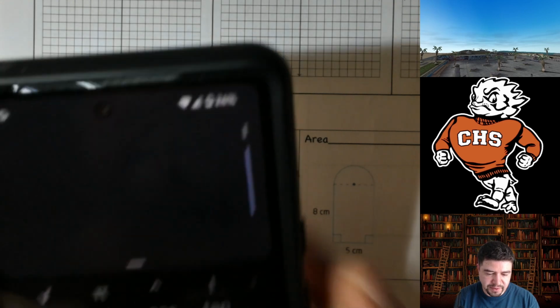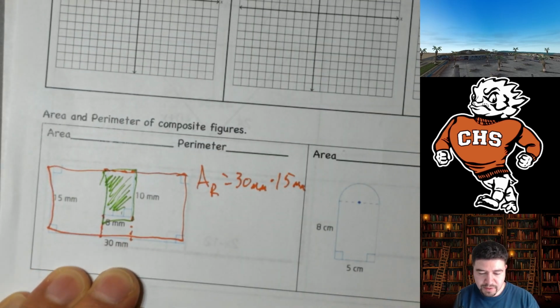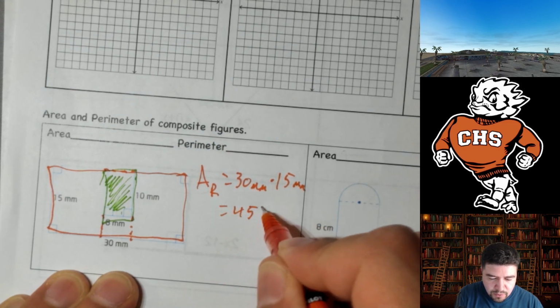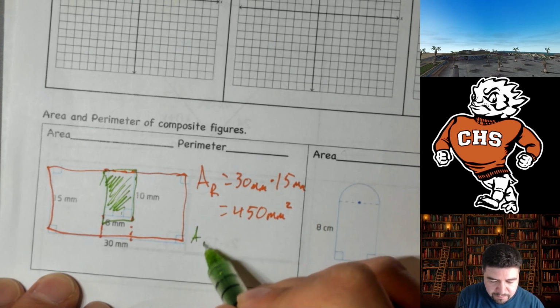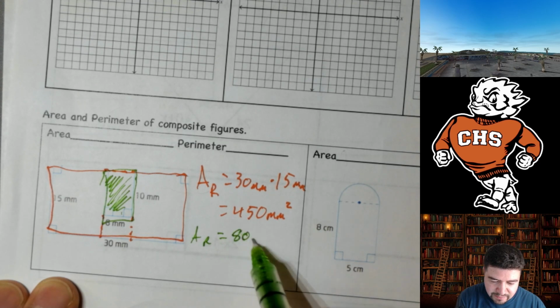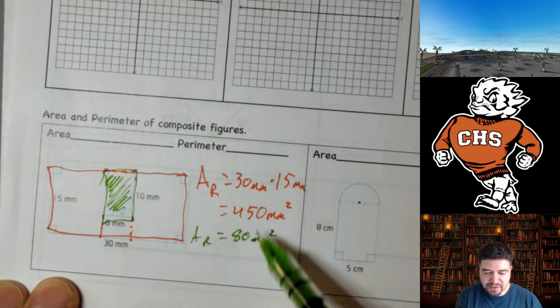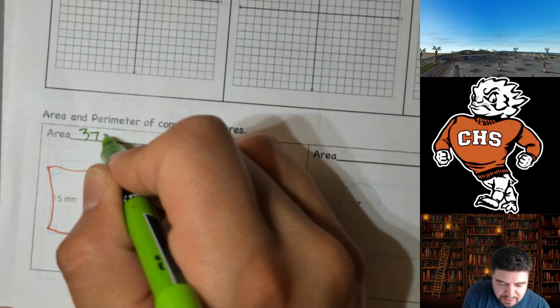Quickly doing that in the calculator. 30 times 15 is 450, so that is 450 square millimeters. Then moving on to the little guy, 8 times 10, that's 80. I don't even have to use the calculator, so I'm going to subtract these. 450 minus 80 gives us an area of 370